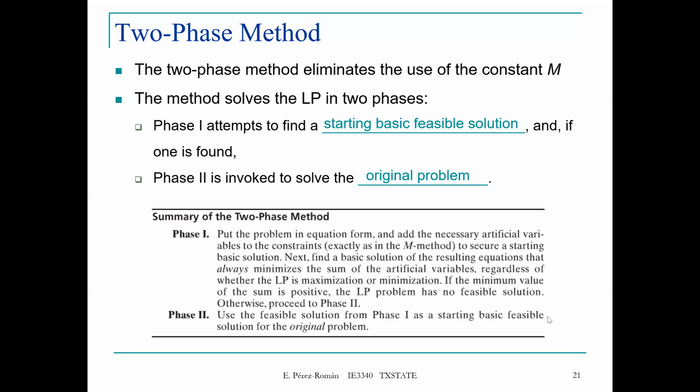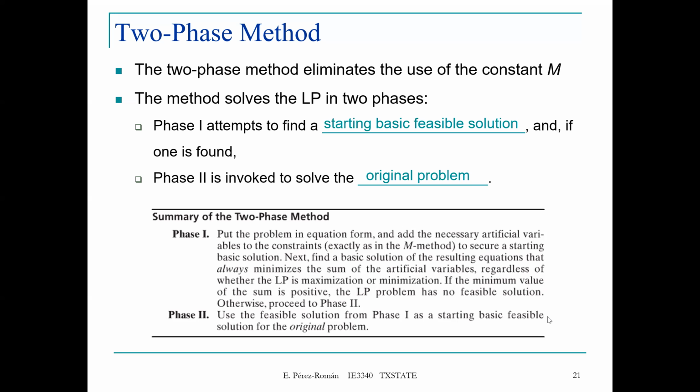And we also add the necessary artificial variables to the constraints, just like we did for the M method, to secure a starting basic solution. Next, find a basic solution of the resulting equations that minimizes the sum of the artificial variables. And this is very important because we are going to formulate a new LP problem in the first phase, whose objective function will be